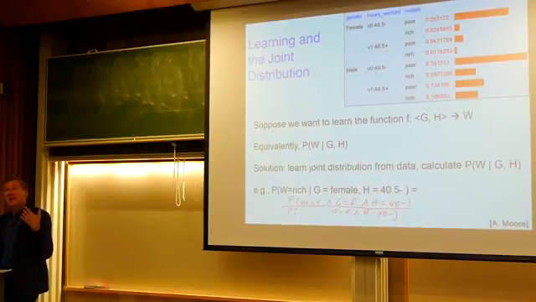I should have done one on, instead of wealth, probability of passing a machine learning course. But